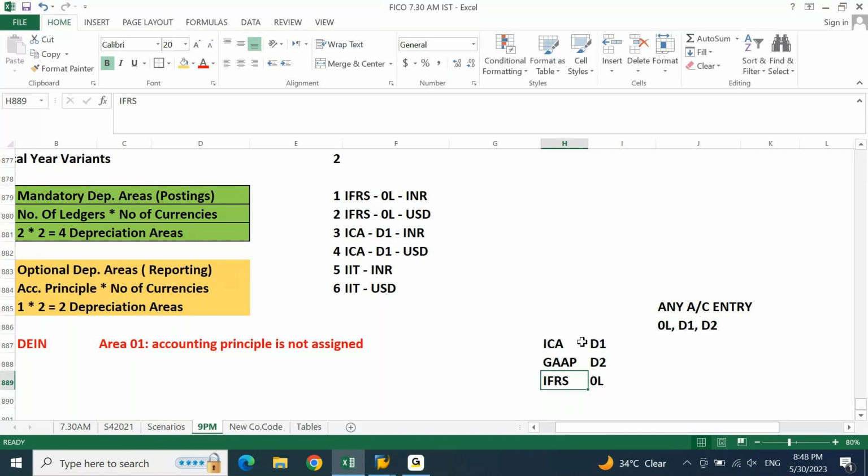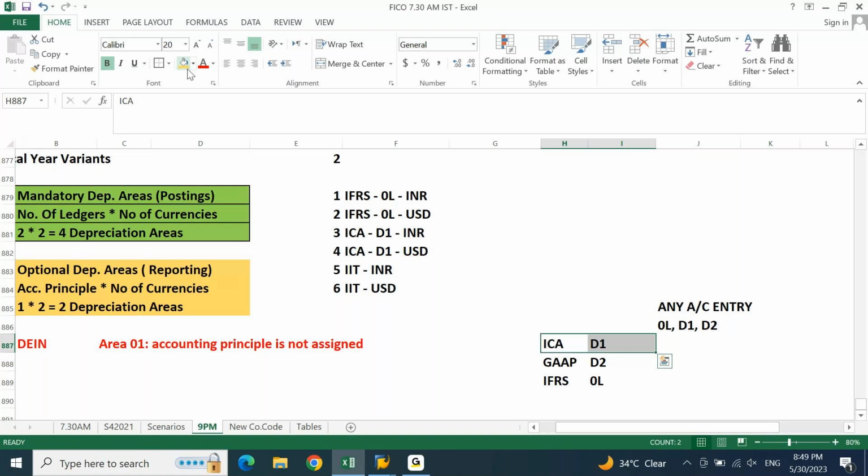Now, according to the respective accounting principle, there may be certain adjustments, there may be certain accounting principle specific entries. Now, I may want to pass an entry according to Indian Companies Act law. This Indian Companies Act entry I want to update only in the D1 ledger.